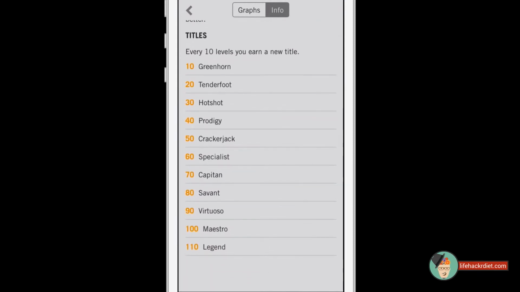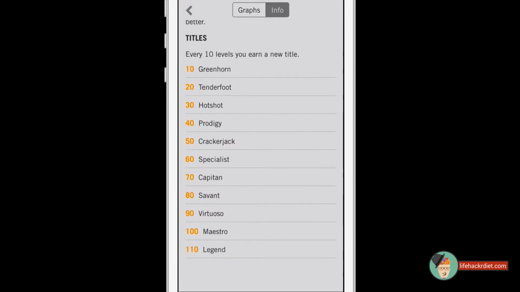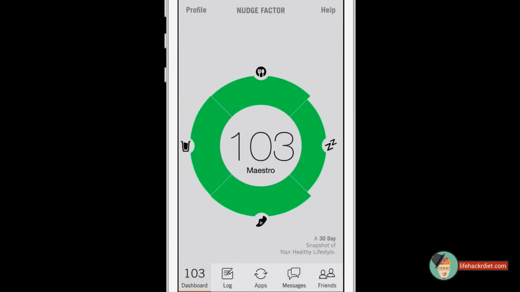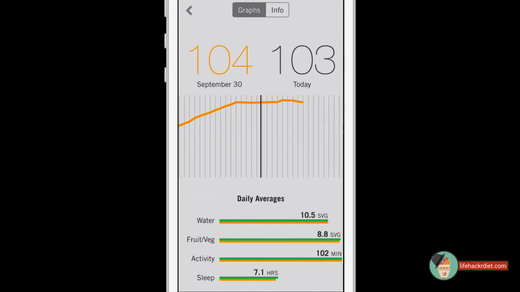So there are 10 levels, and each of them has a title, all the way from Greenhorn to Legend, and basically what you're trying to do is move up till you get to 110. By improving your food intake, your water intake, your exercise, and your sleep, you will be able to achieve that. So this is where I'm at several months in. The highest you can achieve is 110. And you'll see that